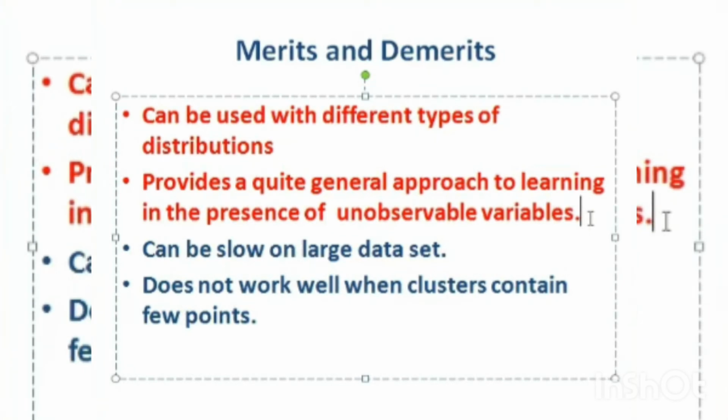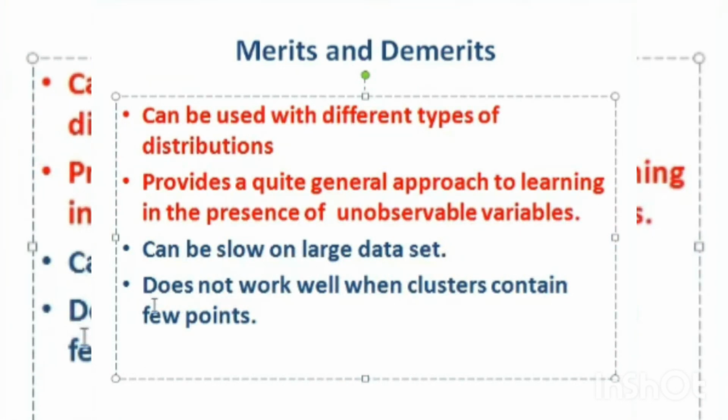So in the EM algorithm, the specialty is that unobservable variables are only used to find out which one is best. Got it? And what about the disadvantage? If you have 1 or 2 data, EM is okay. I mean, up to some 100 you can follow EM. If it is more than that, it is very difficult. This logic will be very slow, because there are more calculations, isn't it? So the disadvantage of EM is, if you have a large set of data, it is very difficult to use. You can use EM, but it takes more time for calculations and all.